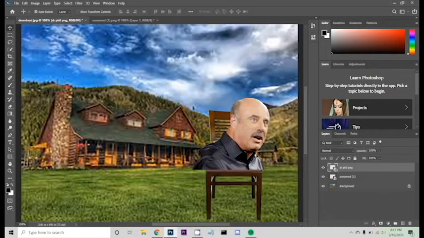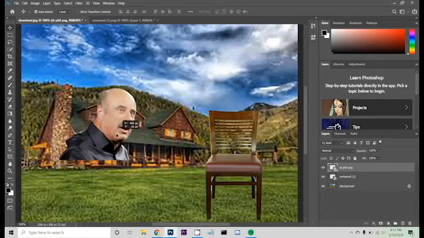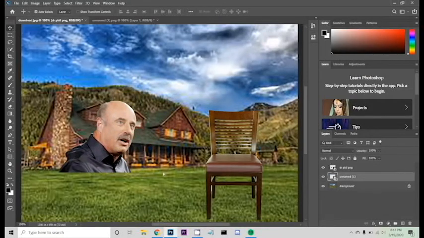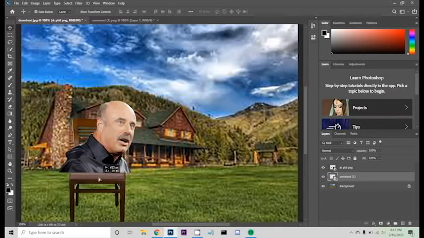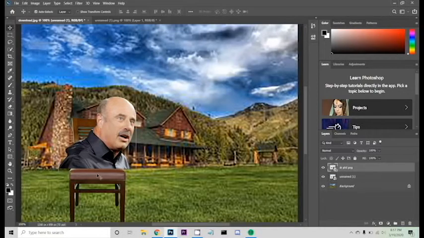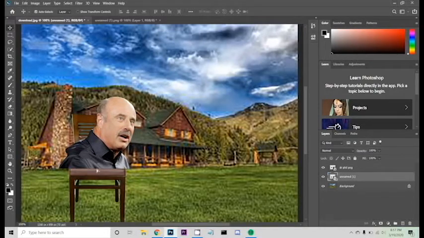There. Okay, so I think we're pretty good on this aspect. And then we can do some other kind of things. So that is pretty much how we can add pictures in pictures. Keep in mind that they need to be PNGs unless you want to put it with the background interrupting it. So now what we can do is, let's say we wanted to expose the colors out and